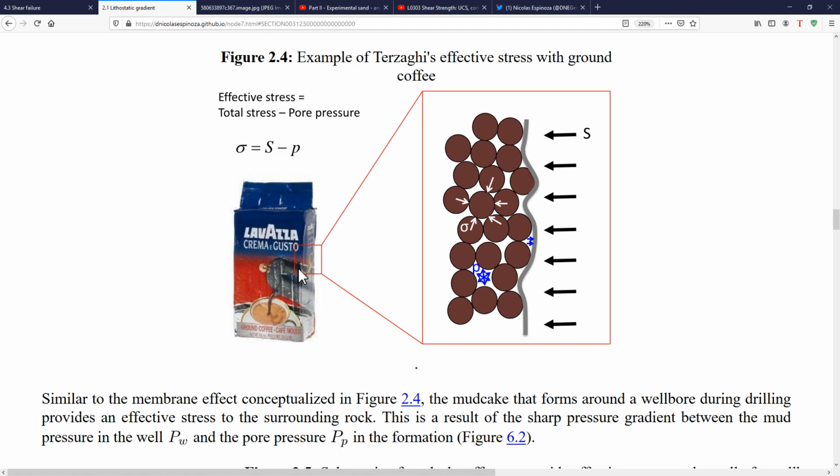And remember that you can open the coffee package later and you will see that there is no cementation between the grains. All of the strength that this coffee package has is due to the effective stress caused by the atmospheric pressure applied through this membrane. All right,